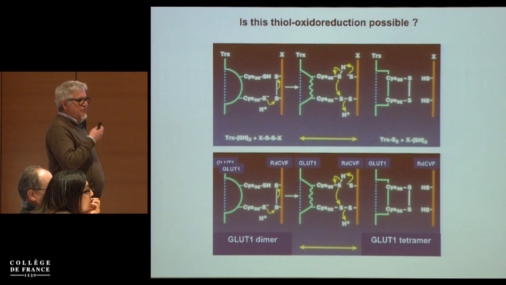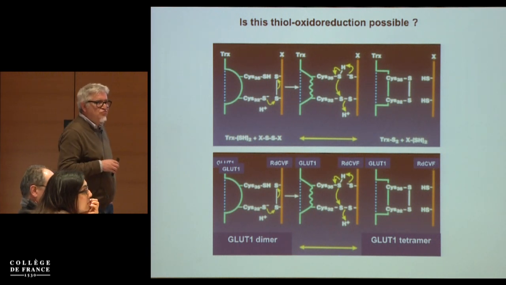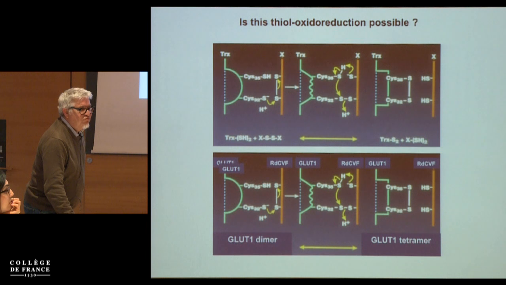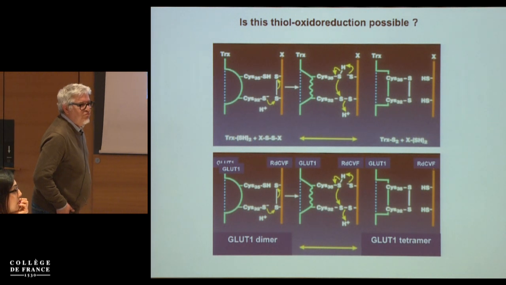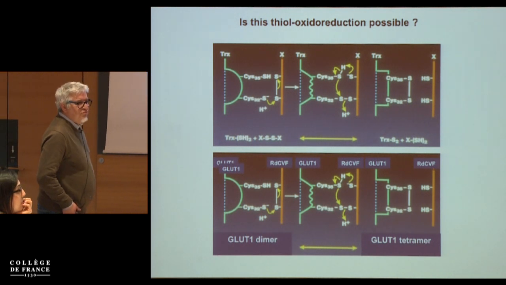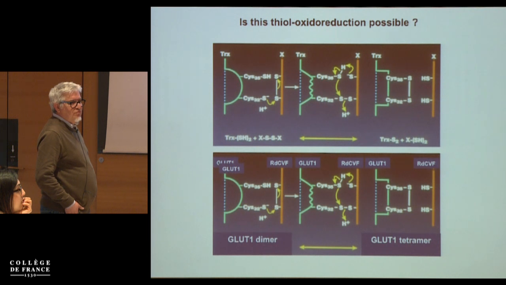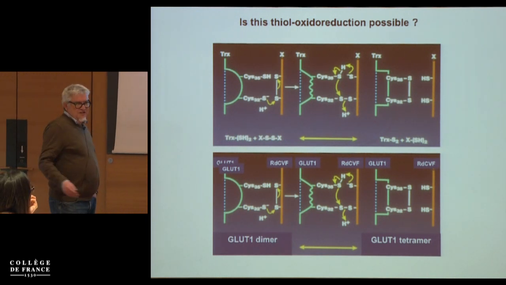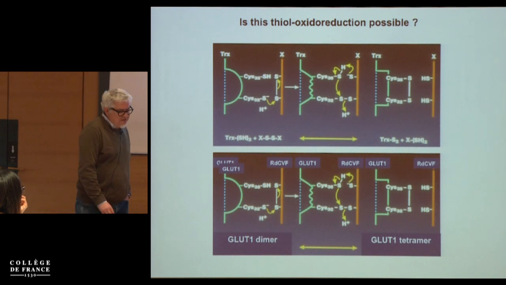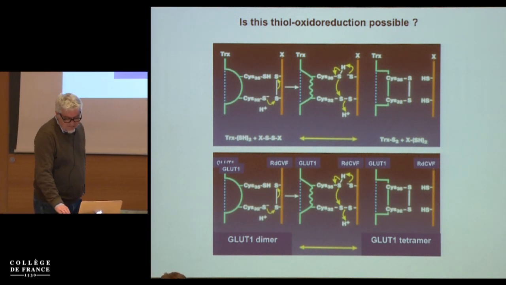I would certainly say that we have looked for either disulfide bridges within GLUT1 directly, or for small mixed disulfides with GLUT1. And as hard as we've looked, I have no definitive data that I can give you. It's certainly possible. Okay, very good. So I would like to discuss this further after the talk, but at least this was my first working hypothesis.